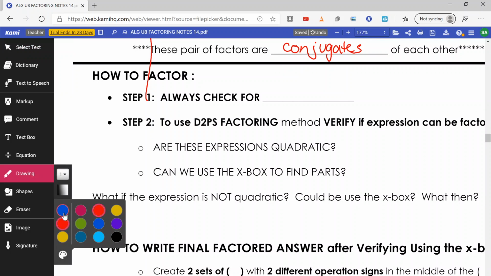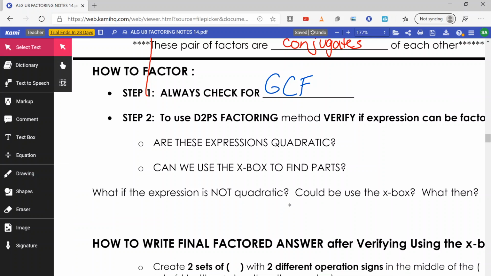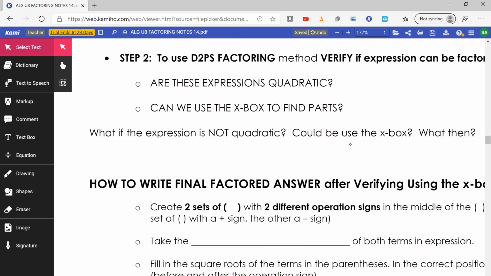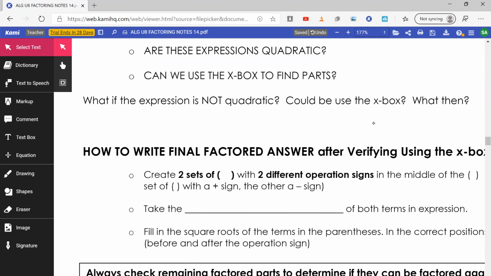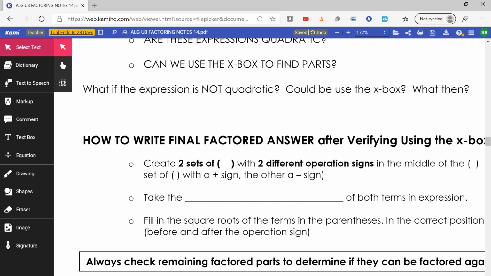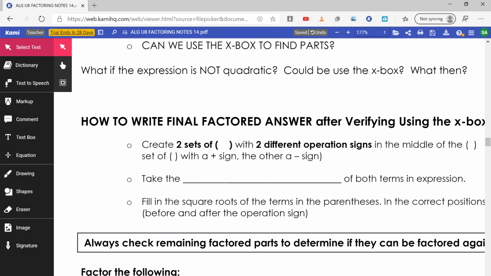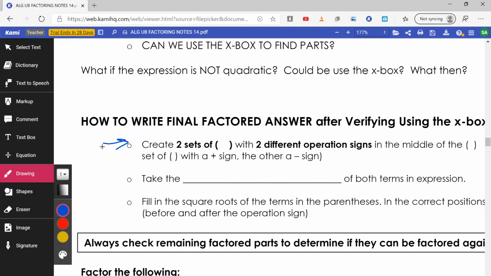Well, step one, we always want to check for a greatest common factor. And if we have a common factor, we'll divide it off in order to make our life a little bit easier. So once I divide off a common factor, if there is any, I will see if we are subtracting and if we have an x squared. So as long as we're subtracting and it's possible we have two perfect squares, I will create two sets of parentheses. One will get a plus, the other will get a minus. And we will take the square root of both